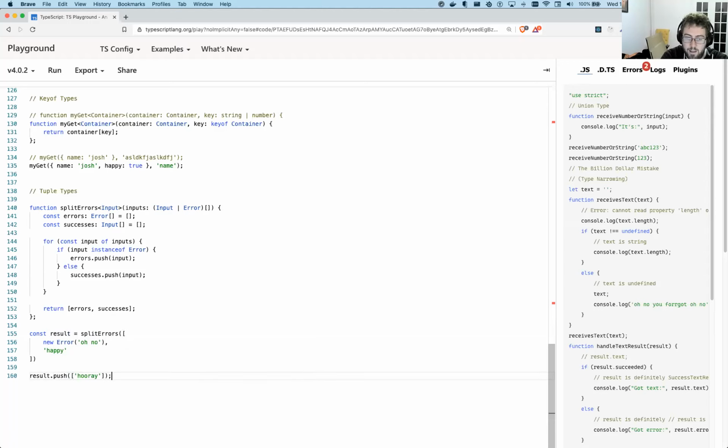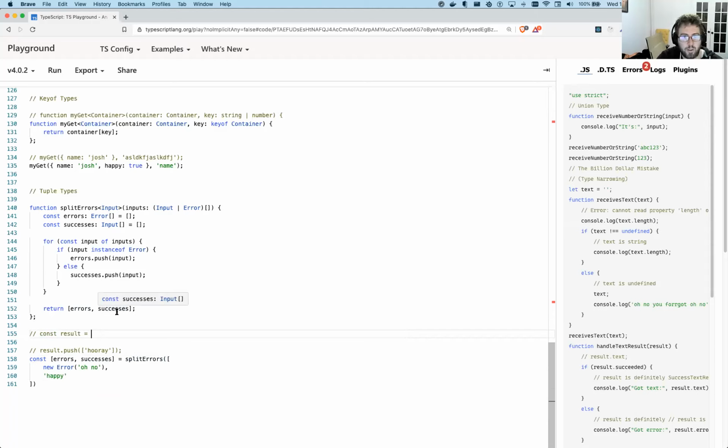Array. So what we really want here is to tell TypeScript that instead of flexible operations on the result, we want to be able to say that const errors, successes equals splitErrors on the result here. Let's just copy that over. Now, right now, again, TypeScript doesn't know anything more specific about these because TypeScript understands that this is an array